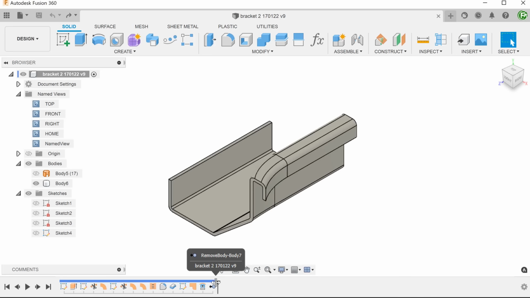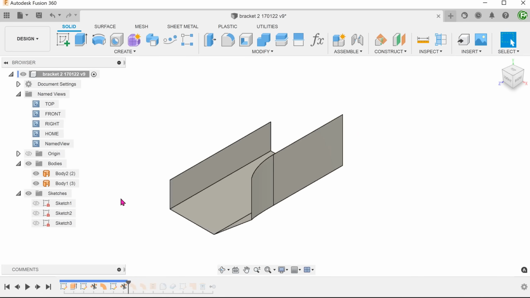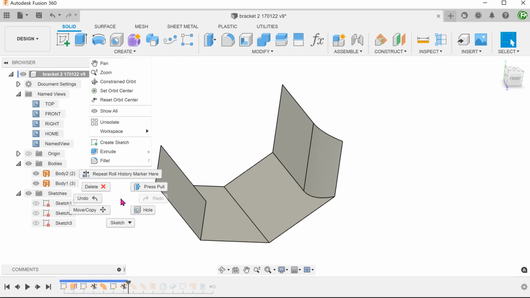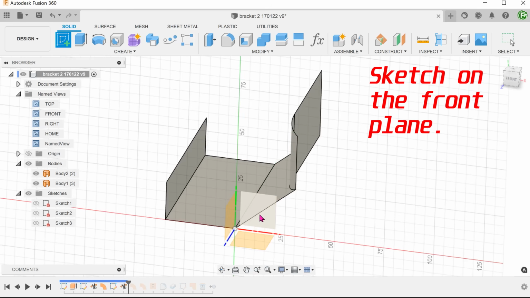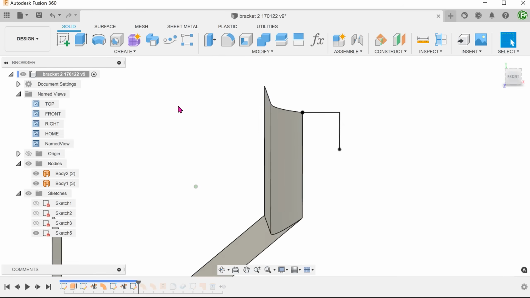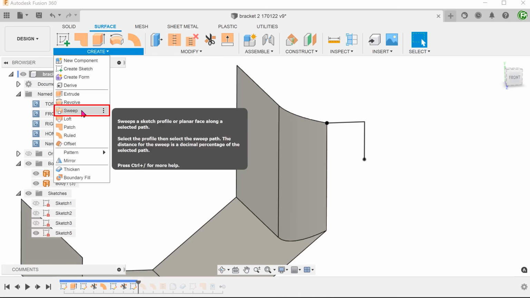Let's roll back to the point after the second trim command. An alternative might be to create a profile like so, and use the surface sweep command.